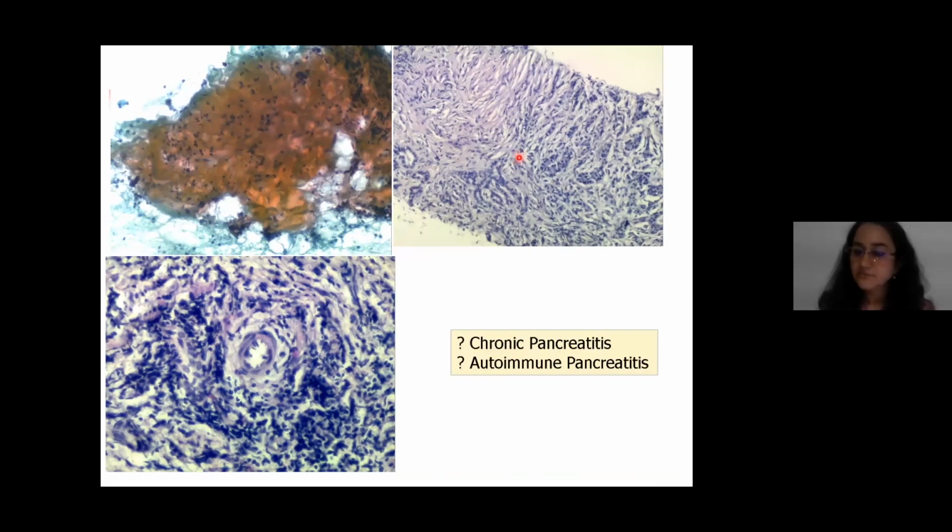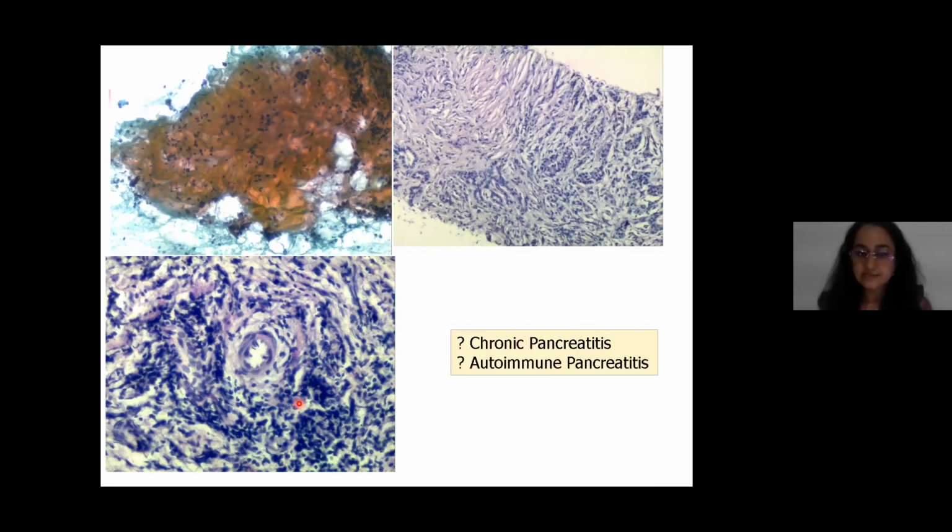This is a cell block which shows similar morphology: fibrosis, moderately dense chronic inflammatory infiltrate, and the acini and the ducts. At places, it was seen infiltrating around the blood vessels also. So it was query a chronic pancreatitis or an autoimmune pancreatitis. So when you see such dense lymphoplasmacytic infiltrate and fibrosis in the pancreas, you have to consider a diagnosis of